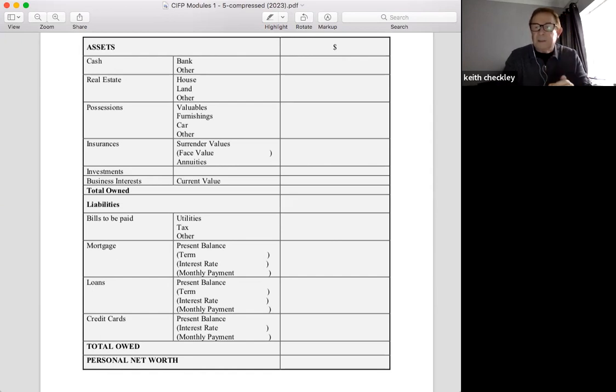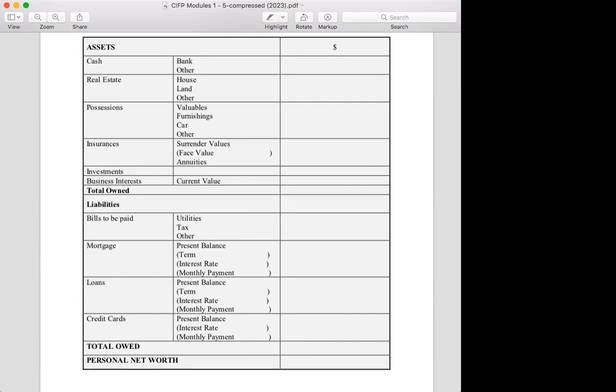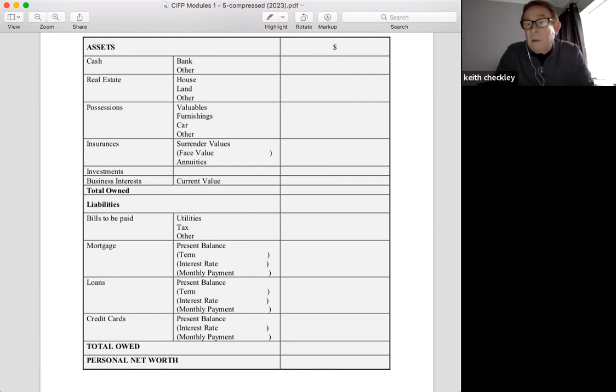Anyone got any comments on that balance sheet before we turn to the budget planner? Was everybody okay with that? No questions on that, no? So we won't be doing the income statement, just the balance sheet. Yes, we'll be doing the income statement when we look at the businesses. Yes, of course,